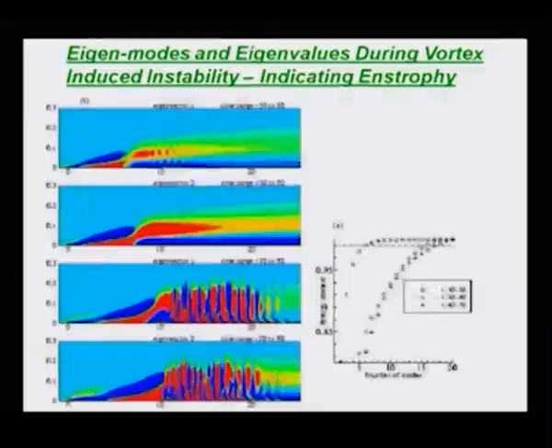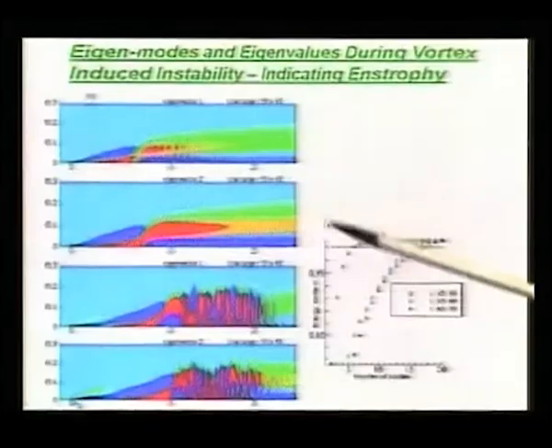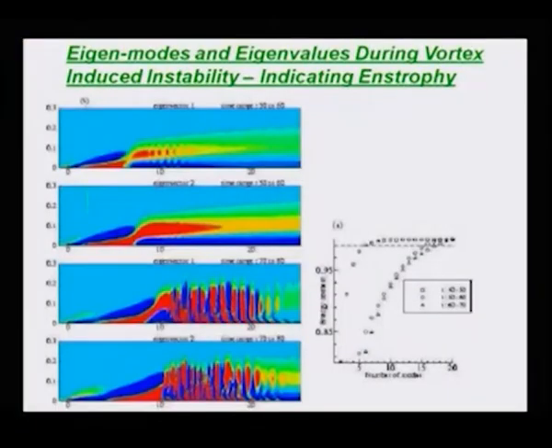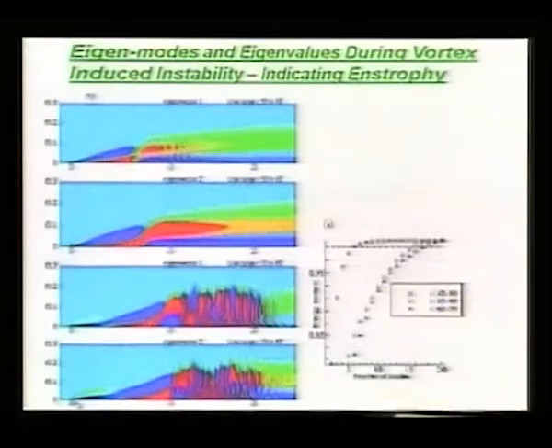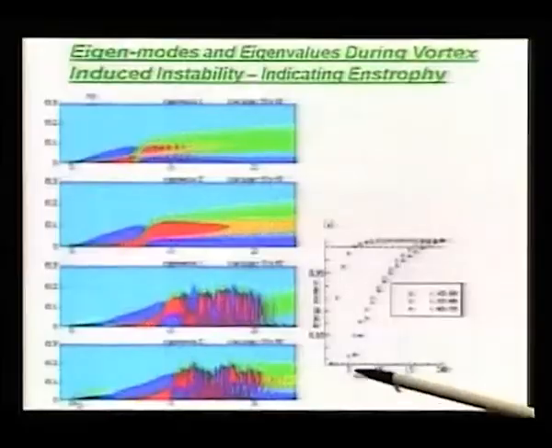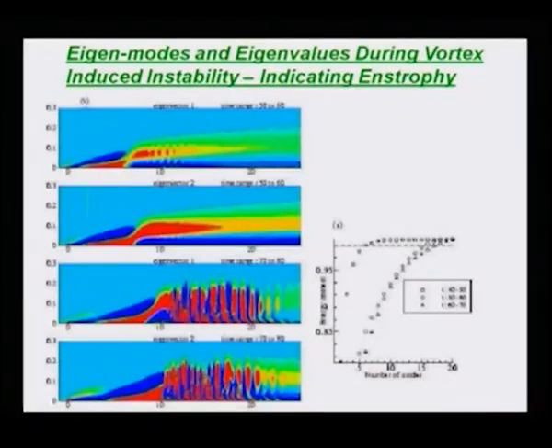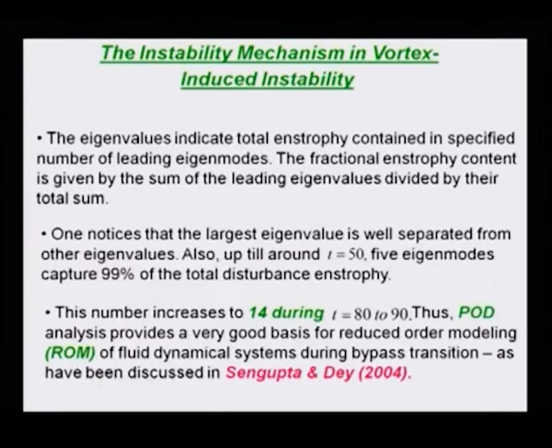And today we are giving you a complementary picture, that you can look at POD and make use of this. Well, there are many more such pictures available in our 2003 paper, so you can take a look at them. Although here I have written on the y axis as energy content, it is not truly so, it is entropy actually, because we are working with disturbance vorticity, and on this side we have the number of modes. Okay, so I think this was what I wanted to tell you about POD.